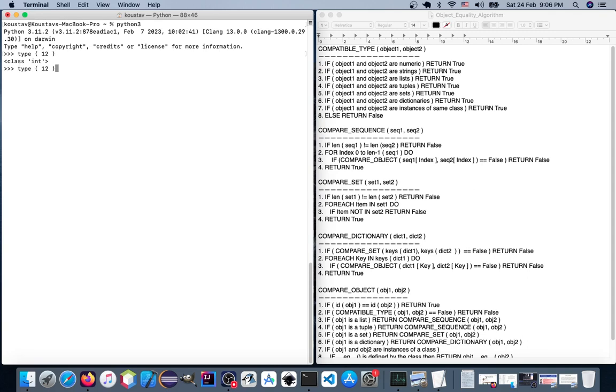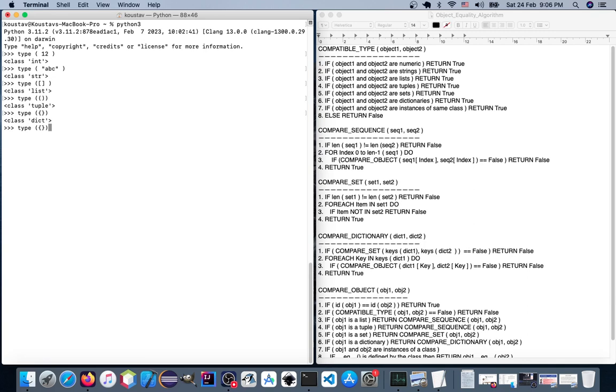So for 12 we get int, for let's say ABC we get string. Let's say for list we get list, and for tuple we get tuple. For string, for dictionary we get